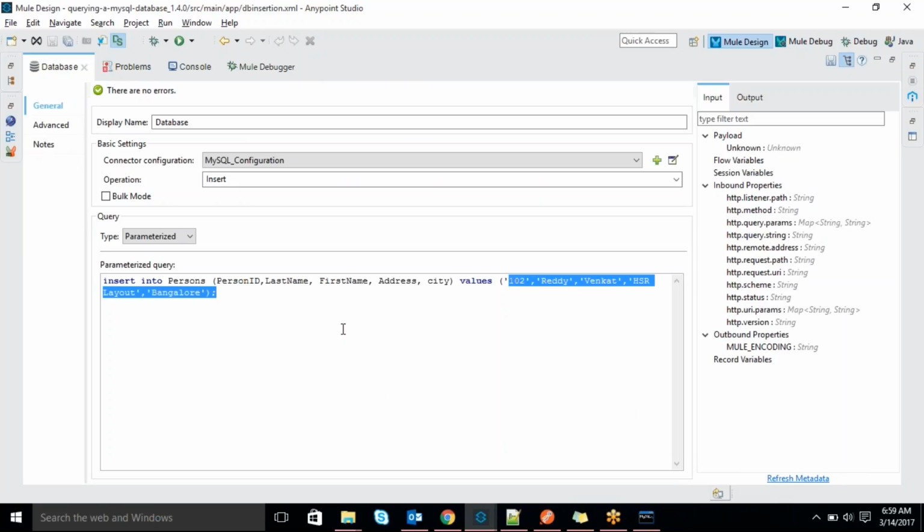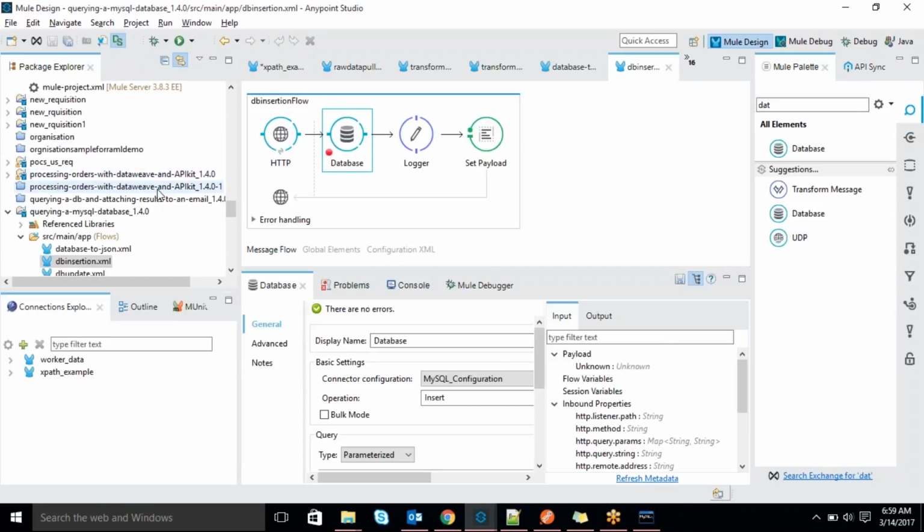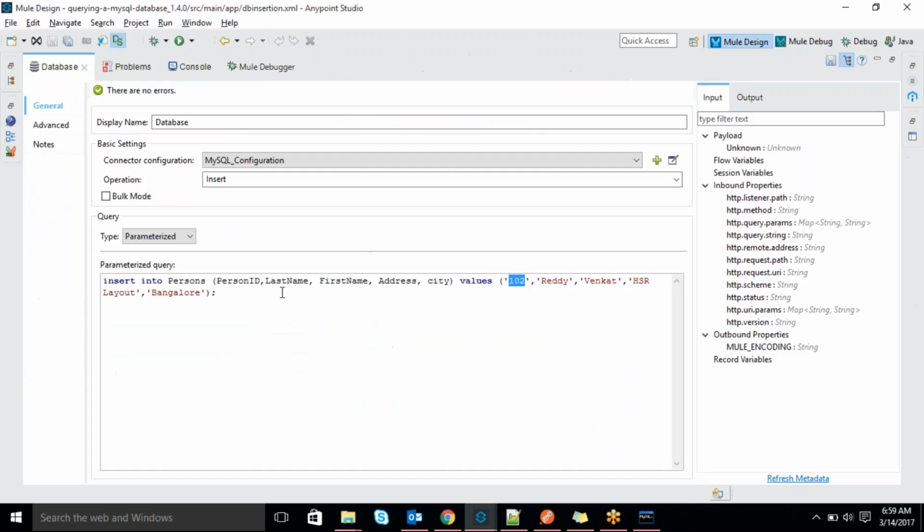real time, or in case of a project, if you are in a project, then we have to choose this value coming from the payload. So if you enter any payload from the user's point of view, the user will enter some data. From the payload we have to get it dynamically using MEL, the Mule Expression Language. Here it will support all the MEL expressions actually.